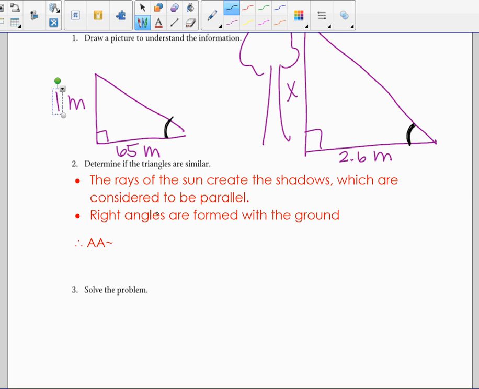So the rays of the sun create the shadows, and so shadows are going to be parallel, they're on the ground, and then your right angles are formed with the ground, so therefore we have angle, angles. So that's kind of what I just went through. So to solve the problem, however,